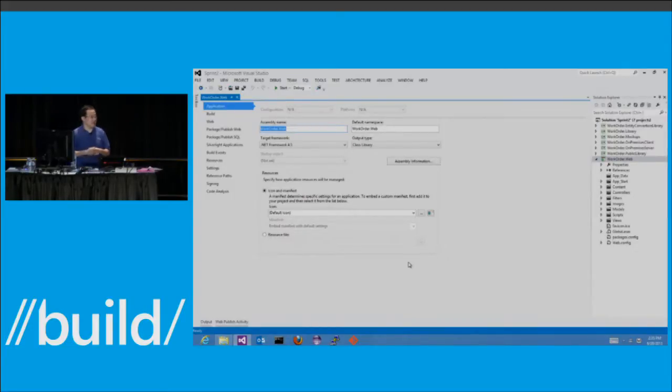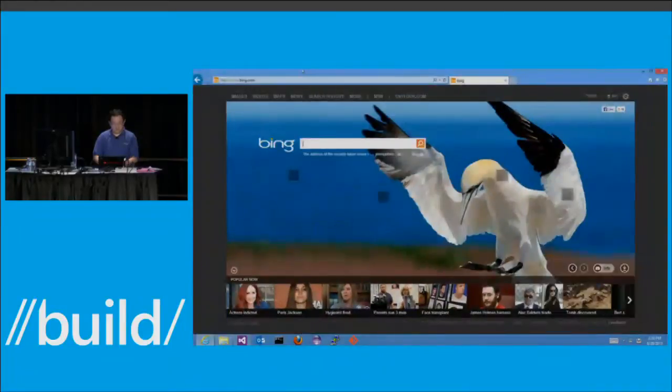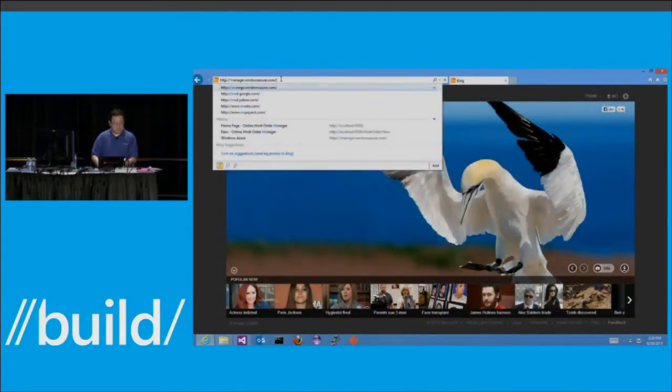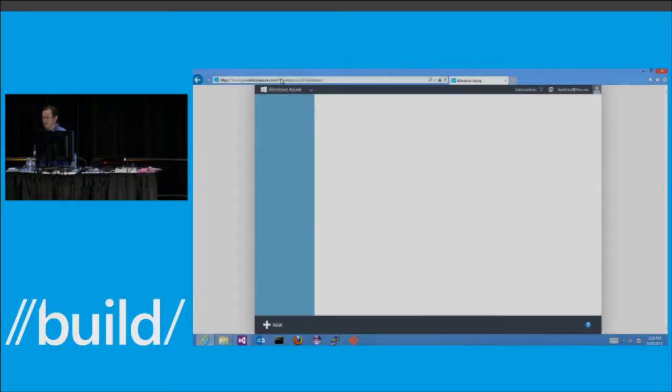So like I mentioned, you need to configure this two-way trust relationship. First, let me show you how you configure that on the Windows Azure management portal. And if you remember what you saw on the keynote in Visual Studio 2013, we have a newer, better tool for doing this.